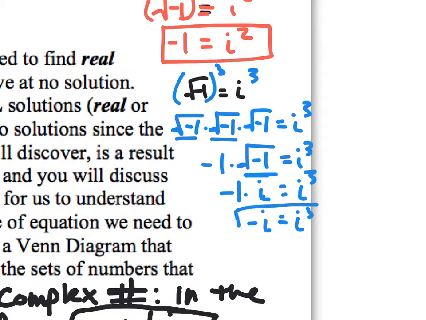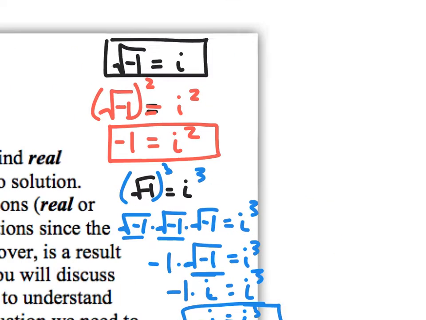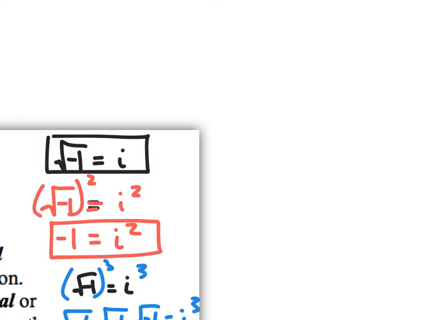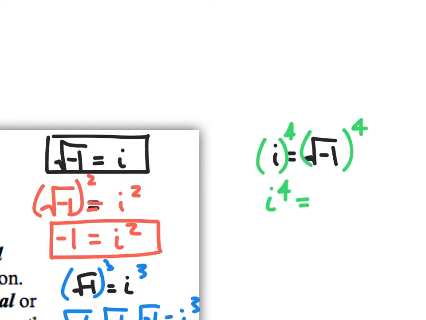Okay, so that's that. Now the last one I want to do, and I really apologize about the lack of space, but let's say I have i is equal to the square root of negative 1. If I raise this to the 4th power, then what's going to happen is I get i to the 4th is equal to